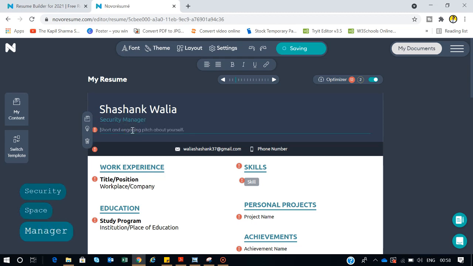Now a short and engaging pitch about yourself. Here you have to add a profile summary about yourself, how many years of experience you have, what your skills are, what projects you have handled, and what challenging roles you are looking for in your next job.